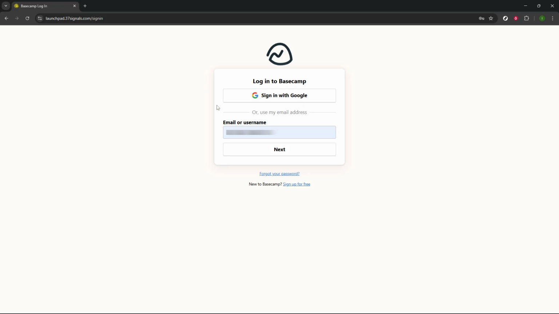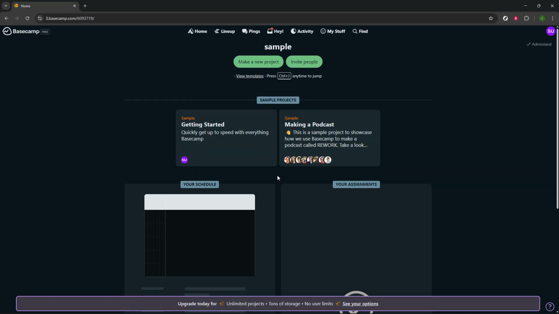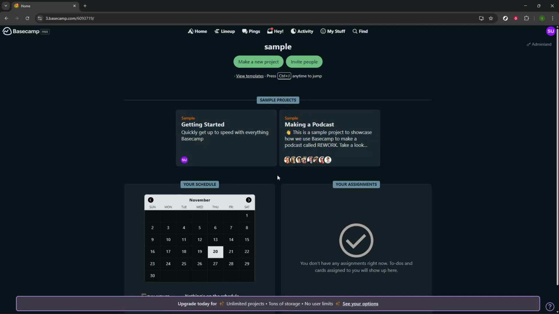First, open your browser and head to the Basecamp login page. If you're not already signed in, enter your email address and click Next, then type your password and click Login. If your organization uses two-factor authentication, just follow the prompt to verify. Also, if you have access to more than one Basecamp account, make sure you're in the correct one before you